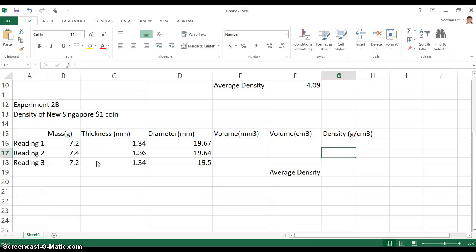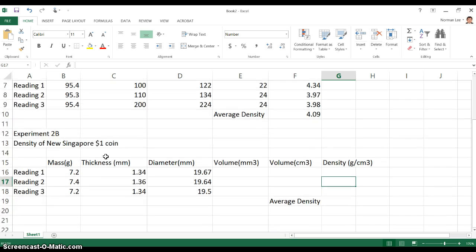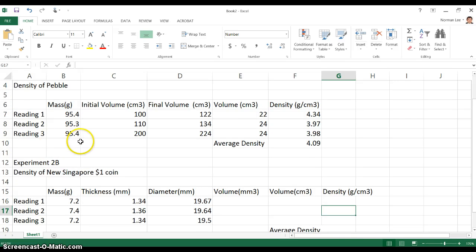Hello and welcome to Experiment 2 Video B, where I will show you how to do the Excel spreadsheet for the second part of the experiment, Experiment 2B. Okay, so now what happens is we continue from the previous same spreadsheet as you've done for Experiment 2A, we